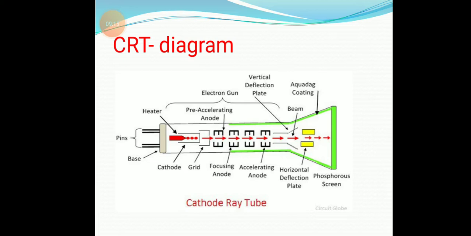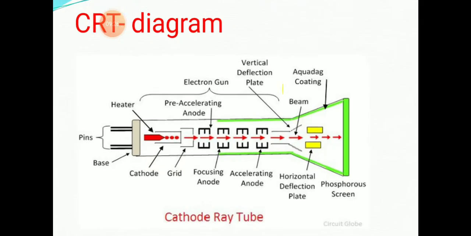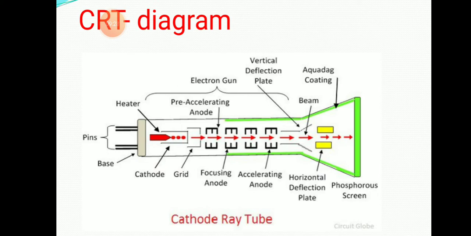Third one, the fluorescent screen. You are going to use one material, called phosphorus material, as shown in the figure of the phosphorus screen. The screen is coated with a fluorescent material known as phosphorus. Second point, the phosphorus converts electrical energy into light energy. When an electron beam strikes the phosphorus crystal, their energy level increases. Due to this, the phosphorus crystals are excited and they emit light. This phenomenon is known as fluorescing.